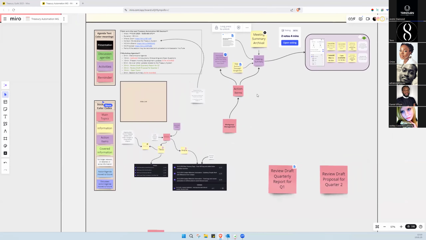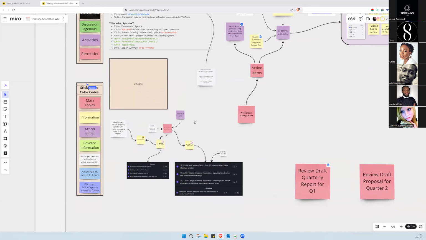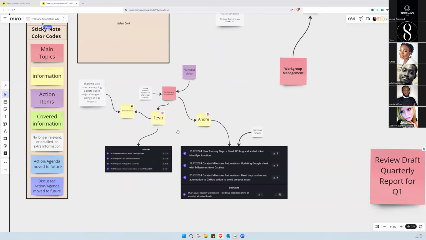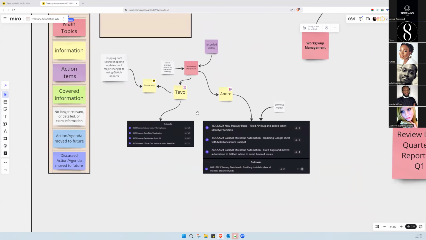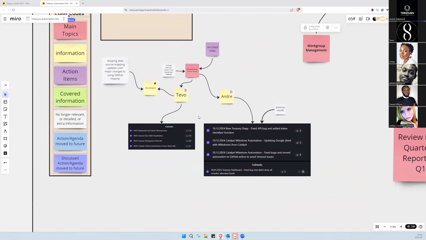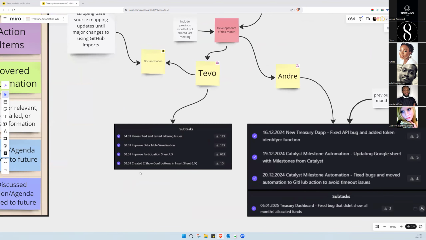Hello, we are in Treasury Automation work group, and usually we record the first part of session where we go over our development updates. And the updates are coming from December and early January, which means a lot of holiday was there. There was a somewhat expectation from my side that I will do some development, but eventually I didn't come around to it. But early this January, I did kick it off a little bit and started research and test